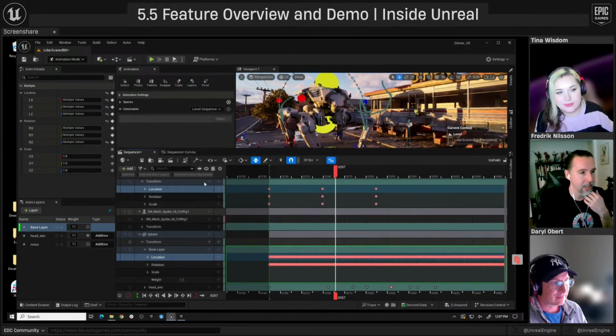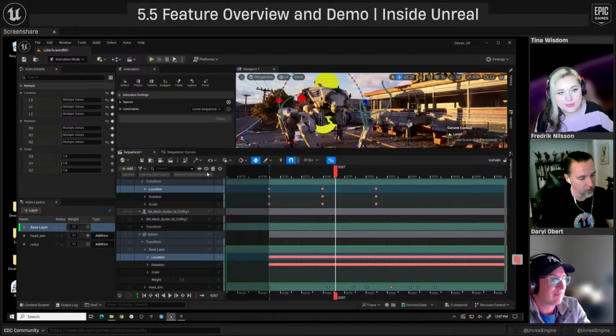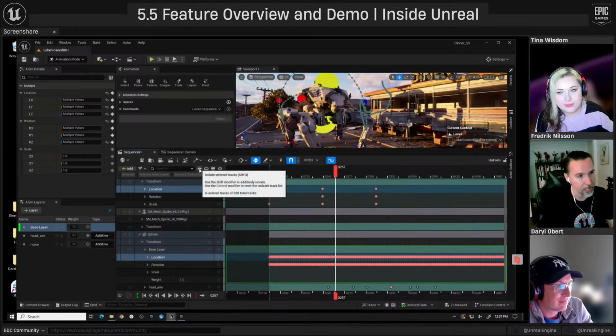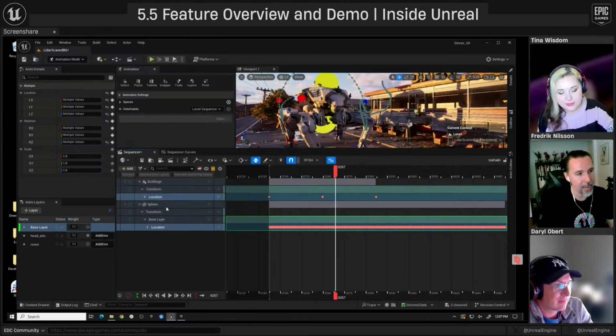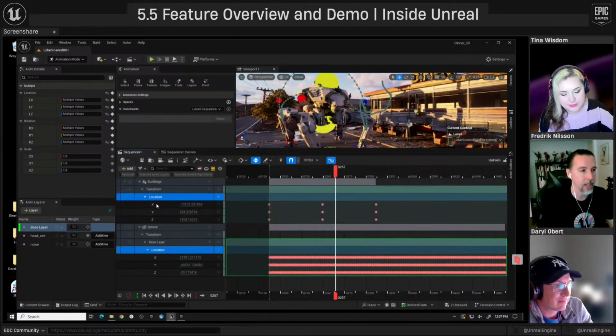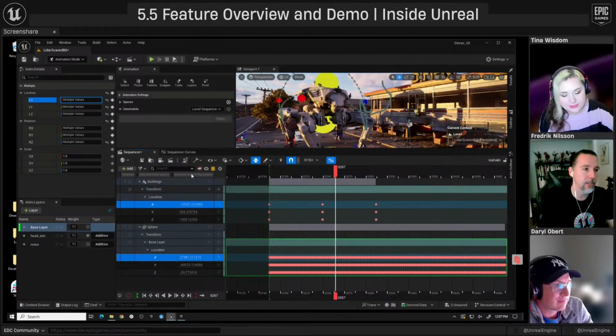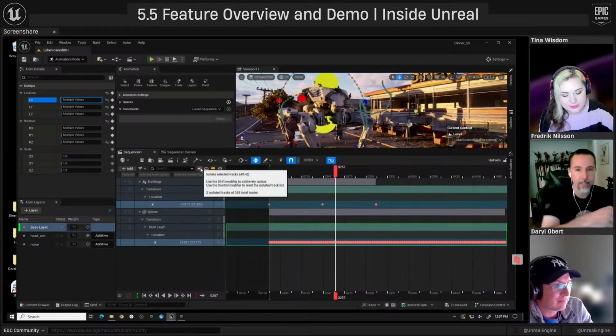So what you can do now is you can use these display actions, and I can hit this button here, which is also Alt Q by default. If I click that, you'll see it hid everything else except for the location. And this even works down to the track level. So if I do that again, it's kind of this additive system of hiding and showing things.